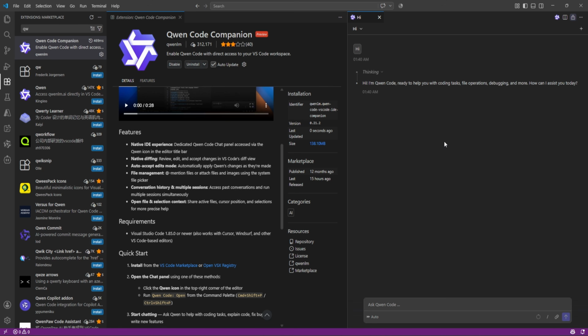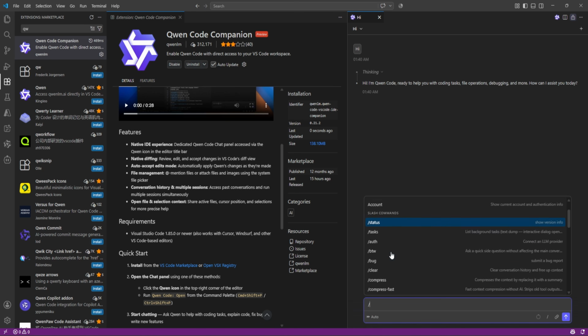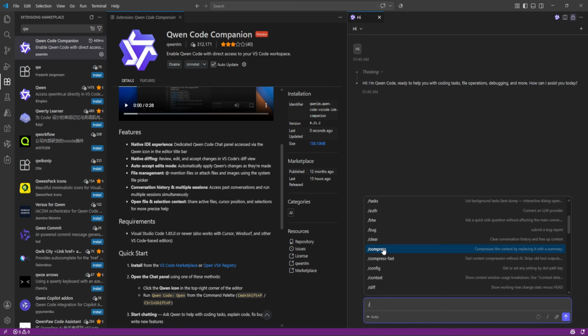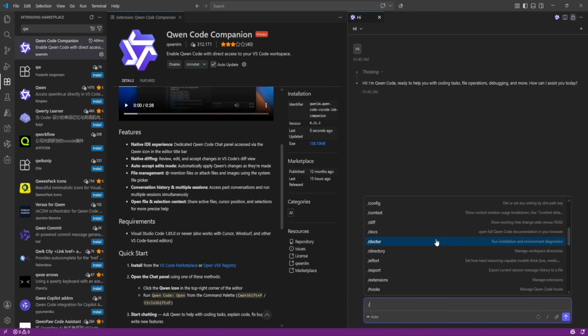Let's try something very small, but in the next video, I'm going to show you how to build a very nice React application. Like GitHub Copilot, here also we have so many options, like auth, task, and working tree. You can go through all of them, or use doctor if anything is failing.